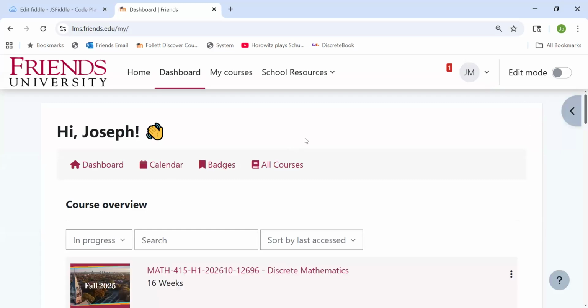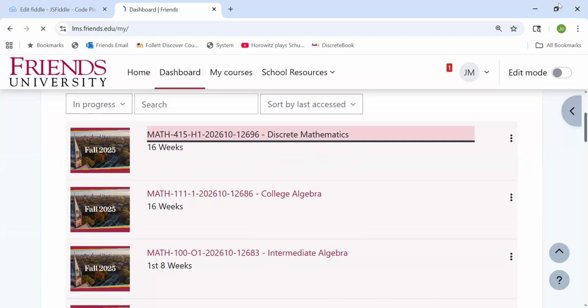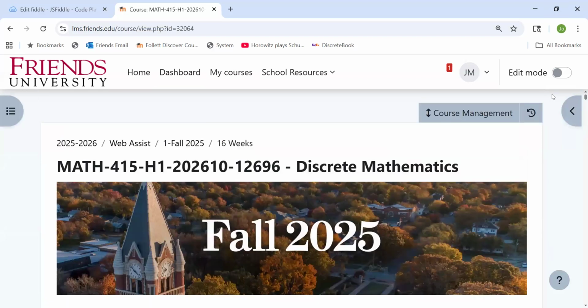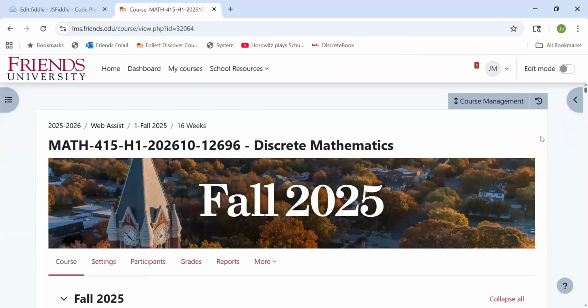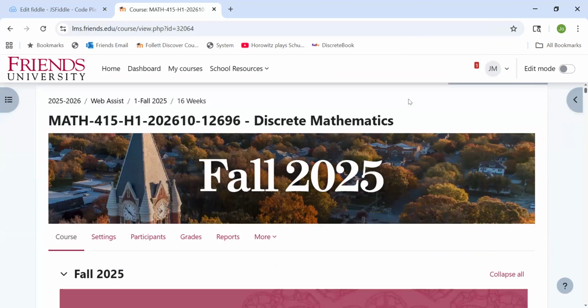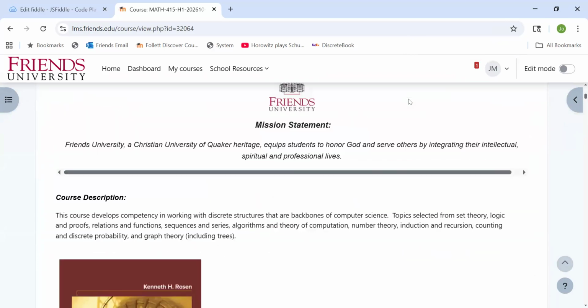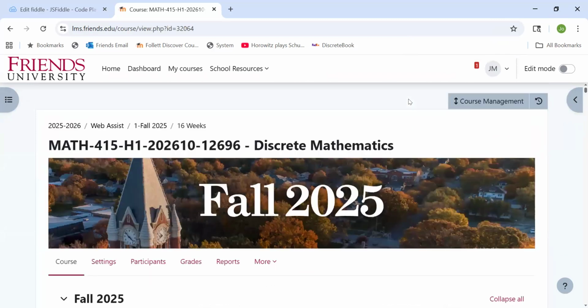Hold on, let me just make sure I get this added into the Moodle shell. Okay, for some reason the window doesn't work quite right when I'm recording. Hold on, let me stop the share. There we go. Okay, so that's the end of the meeting. I'm just going to add that link to Moodle, and then